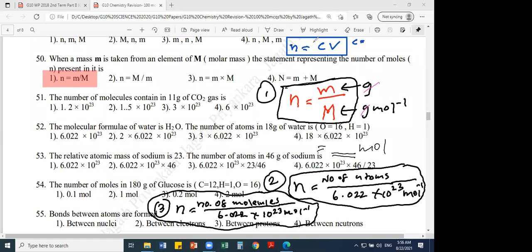At the end, what happened? It's like a soup in the exam. You don't get all the essay type questions only from grade 11 or only from grade 10. Either in the structured essay question or the essay type, they can combine grade 10 and grade 11 stuff. So the answer will be n equals CV, n for moles, C for concentration, V for volume. That one you haven't done yet because it's grade 11 chemistry.